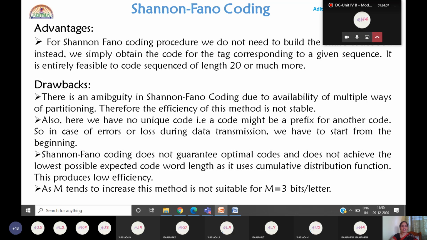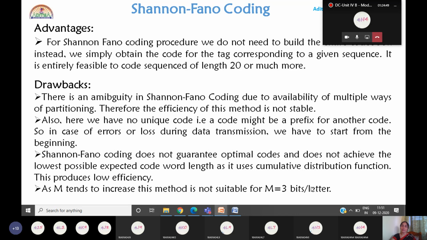So that's why, in the Shannon Fano coding method, there is the least possible chance of getting a lower value of expected code word length because it uses the cumulative distribution function. This produces low efficiency. This is not a prefix free code, and it uses the cumulative distribution function. So this produces low efficiency, and even that efficiency is not stable because of multiple ways of partitioning. As m tends to increase,